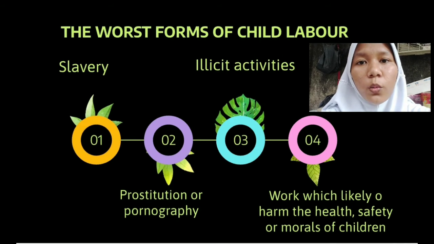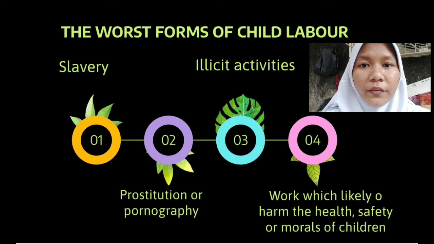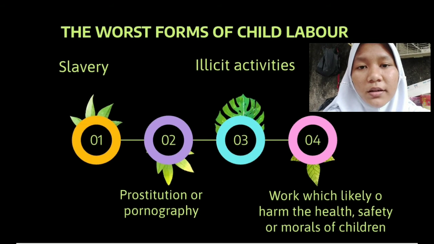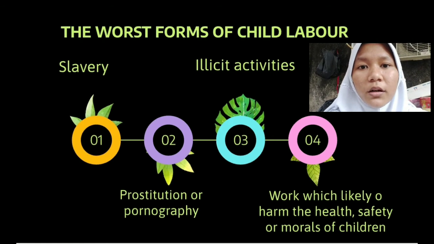And here are the child labor statistics. Next, we will talk about the worst forms of child labor. The worst forms of child labor involve children being enslaved, separated from their families, exposed to serious hazards and illnesses, and or left to fend for themselves on the streets of large cities, often at a very early age.